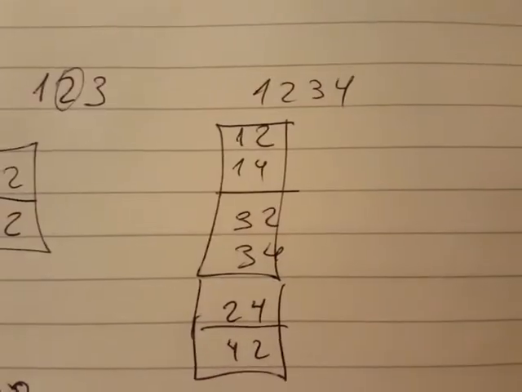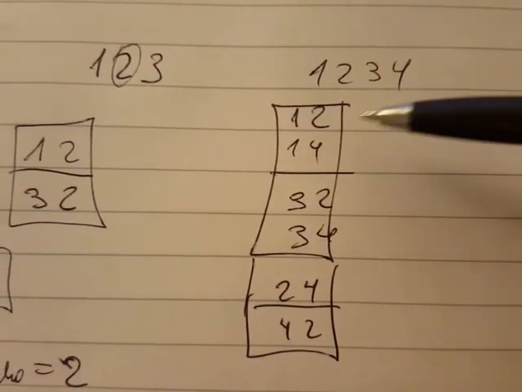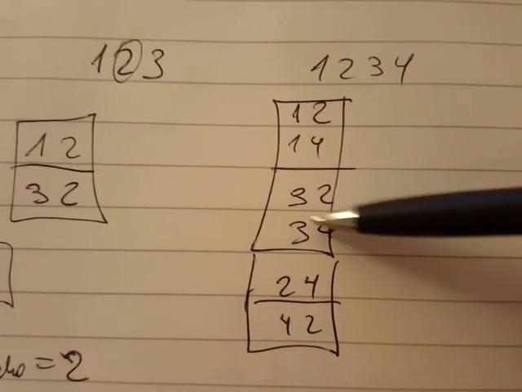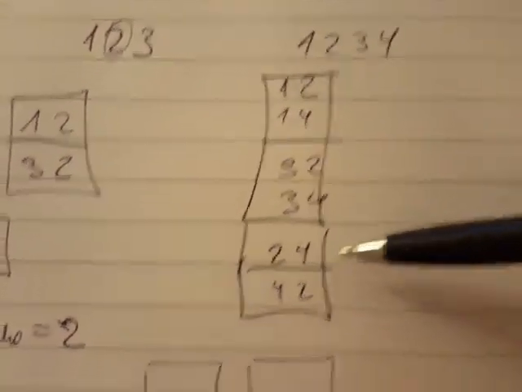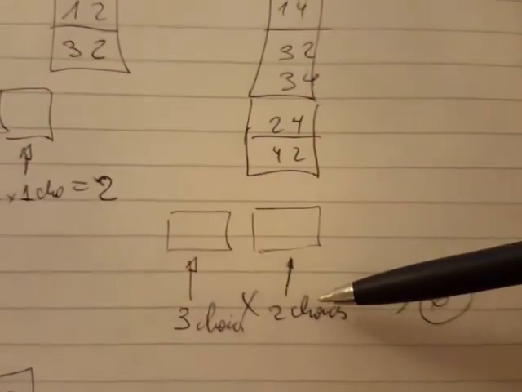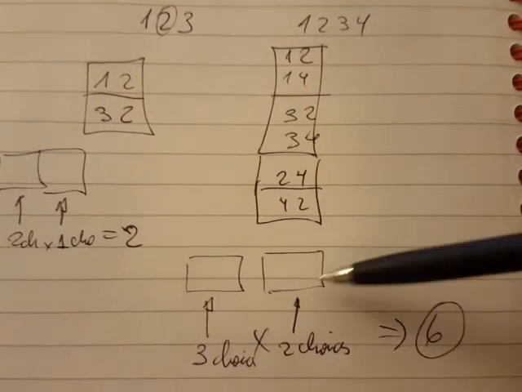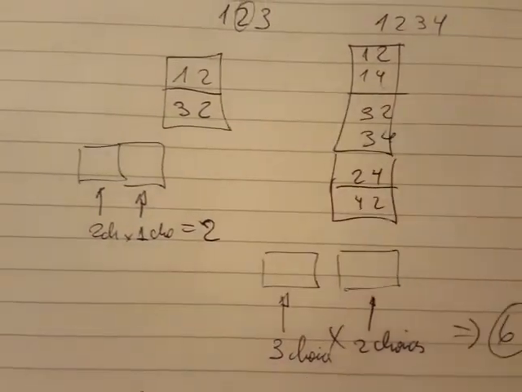Another example. Now you have to form 2-digit numbers with these 4 numbers, and they need to be even. So the last number is going to be 2 or 4. So it's 2 or 4 with 1, 2 or 4 with 3, 2 or 4 with 2 and 4. 6 options. How do you do this? First digit, you have 2 choices, either it's 2 or 4, and the other one is the 3 digits remaining. 3 by 2 is 6. That's correct, because you count 6 here, you count 2 here.